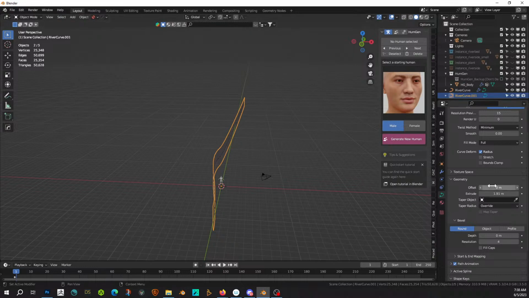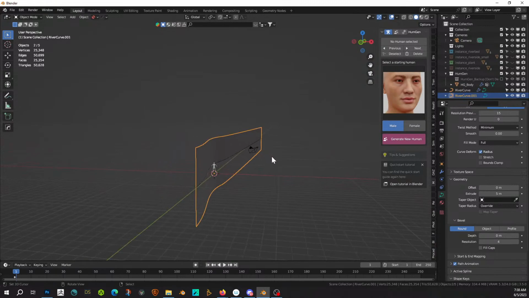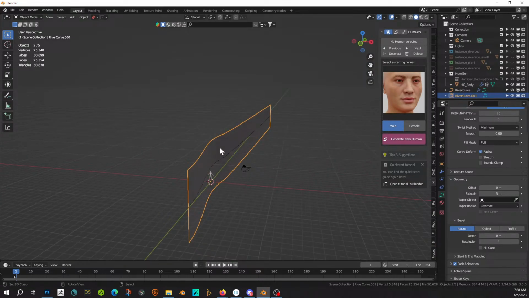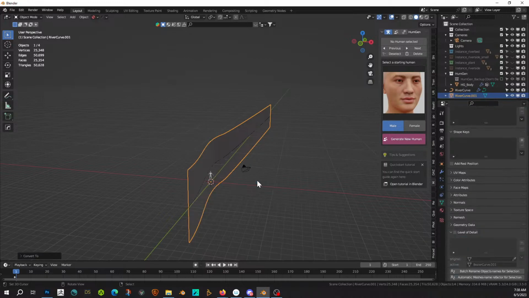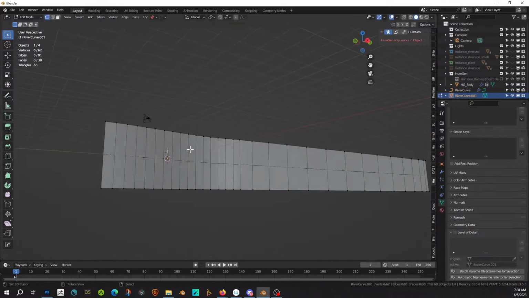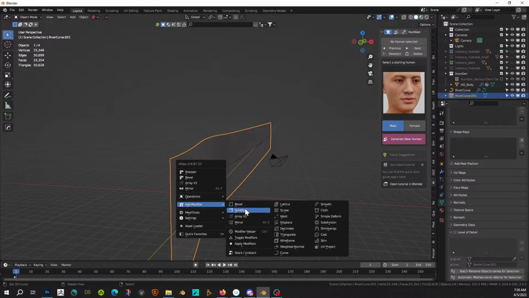And then offsetting it just moves it to the left and right, so we don't want to do that. Keep it right down the center where it was. And we're going to extrude it. Let's make it just 5. It's big because we're going to use it as a Boolean cut. And Q, convert to mesh. So now we have our mesh line, and we should be able to add modifier solidify,